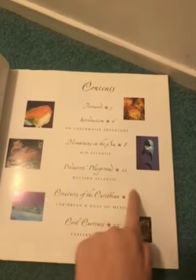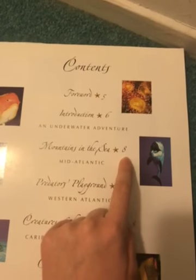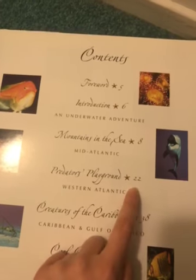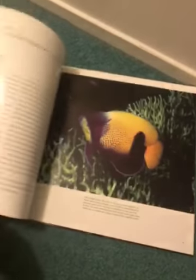The table of contents is where you can find which pages to go to learn about which things. For example, if you want to learn about mountains in the sea, you go to page 8. Predator's Playground, that chapter, is on page 22. I think we're just going to start in the beginning and see what we can find, because the beginning has one of my very favorite animals,